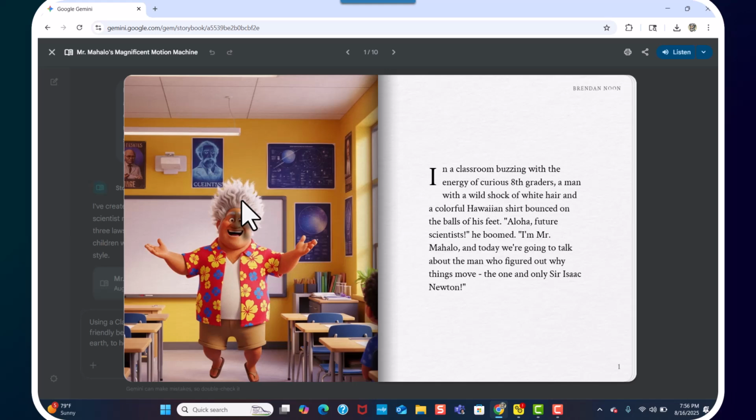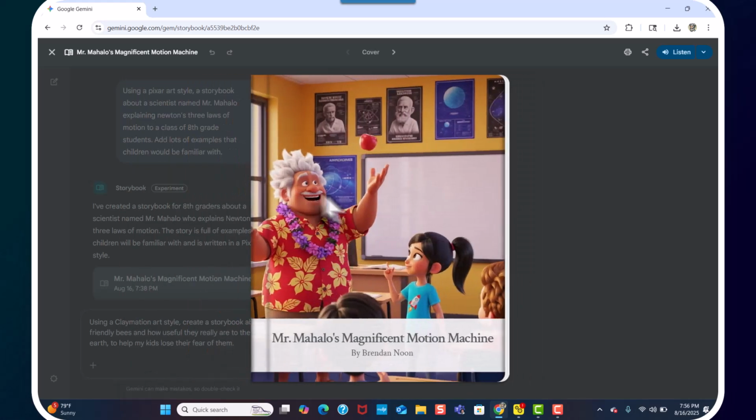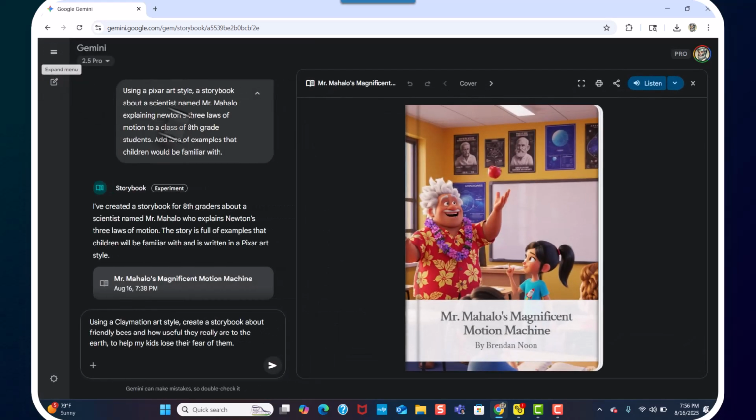His hair, he looks like Mr. Heatmiser from the old Christmas movies. Who is it? Santa Claus Is Comin' to Town. This picture is nice. I don't mind that. He's got an apple in the air. It looks like it's levitating. I love the posters. This picture is really nice. But the story is a little wacky. It's crazy how just giving a name to this person has kind of messed that up. But once again,